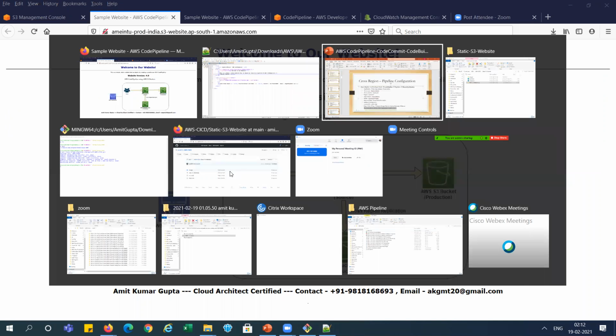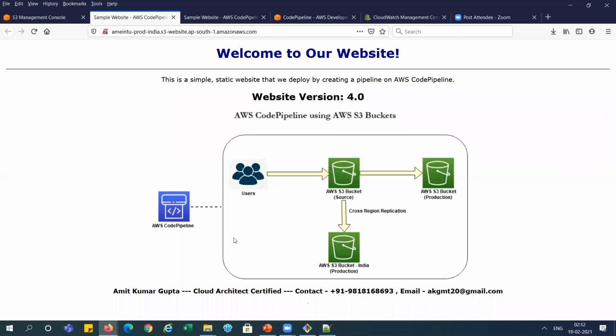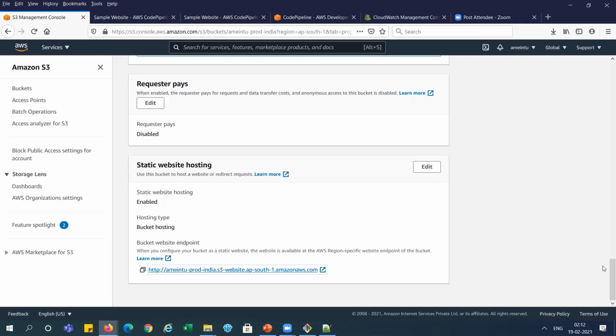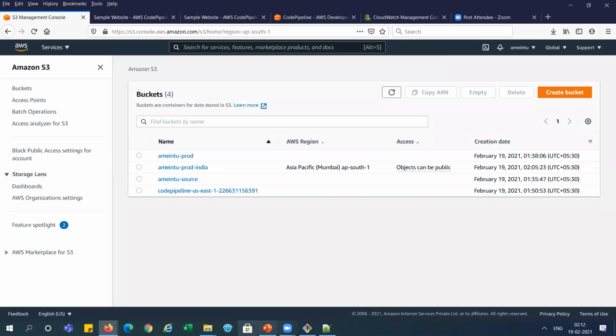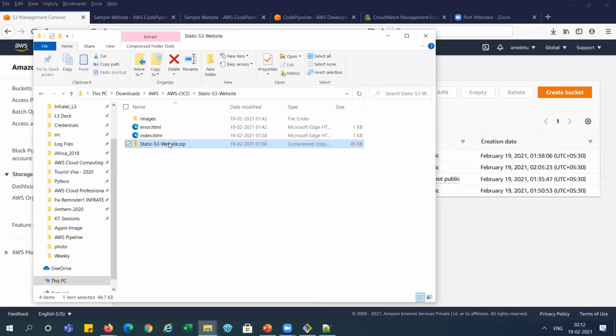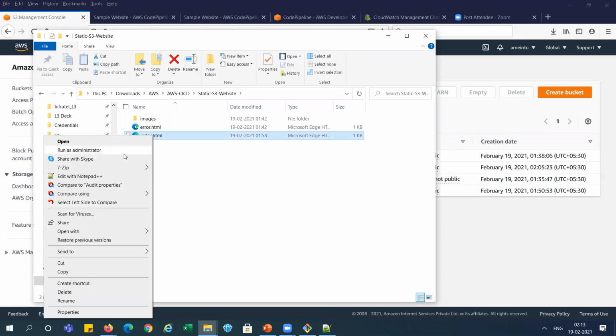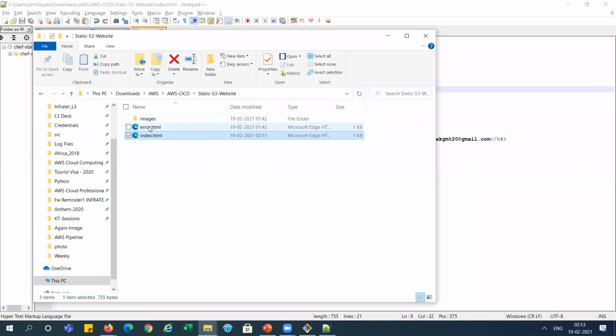So from the slide side, I think I have done it. But if you want to change the code from the basics, I will show you that also, because it will be more clear. So what we will do is, I will go to my code, this one, okay, and I will delete the zip file. I will open the index file, and I am changing 4 to 10, website version 10.0, right? And now I will create the zip file.